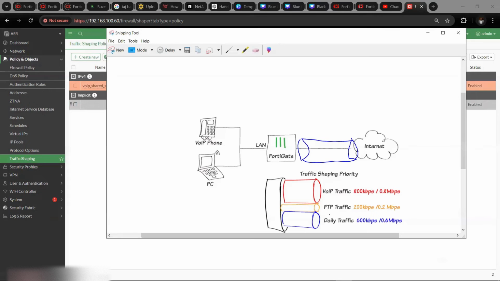Then we have the FTP traffic and daily traffic. You can do the same for each of these bandwidth profiles that you want. So for daily traffic, for all of our users, without having to select any applications or any service for them, we just want each IP address within the network that is attached to any device to have a specific bandwidth to the internet. So what we do